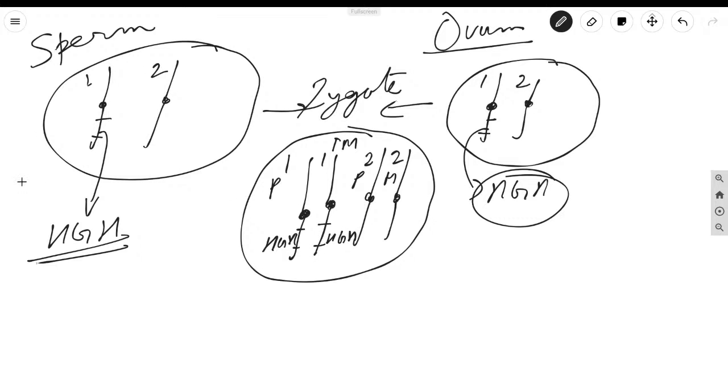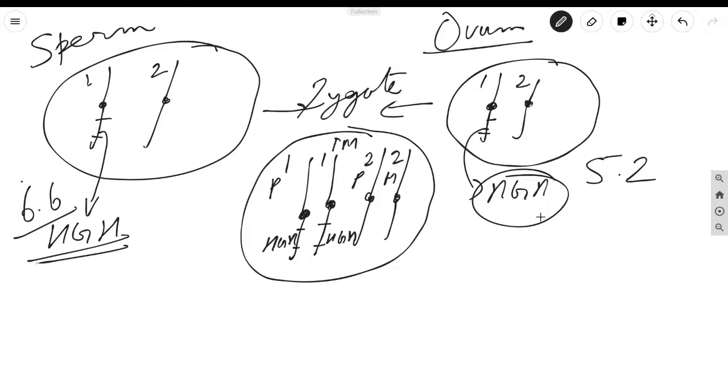Now suppose the father is 6 feet 6 inches, that is 6.5 feet tall. The mother is 5 feet 2 inches tall only. What will be the height of the children? Which one will it be bestowed with? Will it be the tall height of the father or the short height of the mother? Depending upon that, the two HGHs are not the same in their genetic composition, in their gene sequence. They are coding for HGH, but they have single nucleotide polymorphism, or the variation that we talk about in evolution.